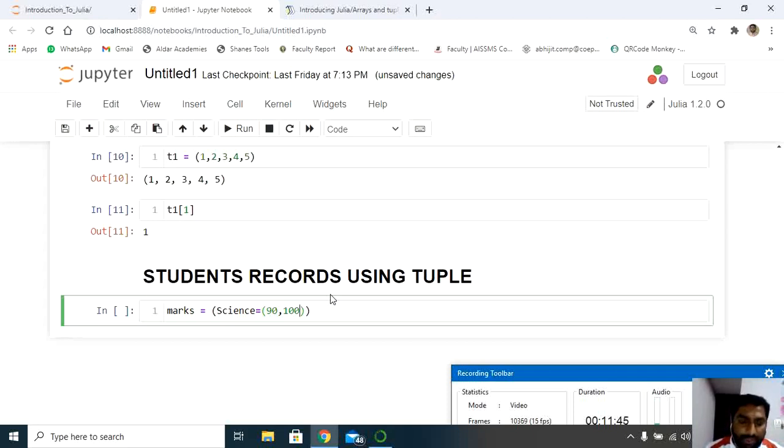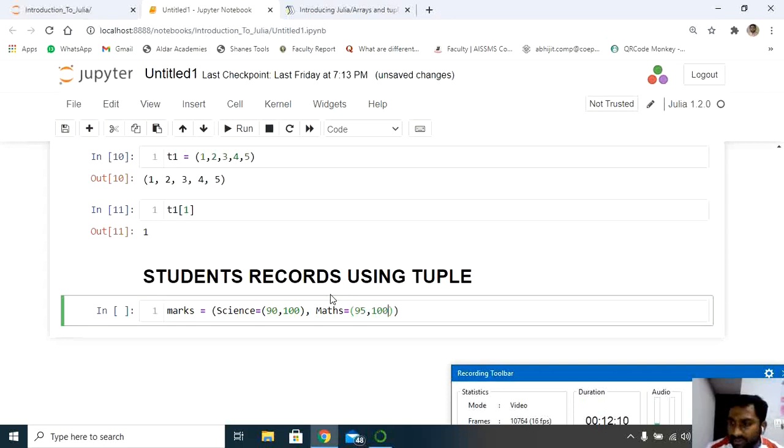This is how we store the data using the concept of tuples. In the same way, let's have another subject, let's say maths, equals to, imagine the student has scored 95 out of 100.